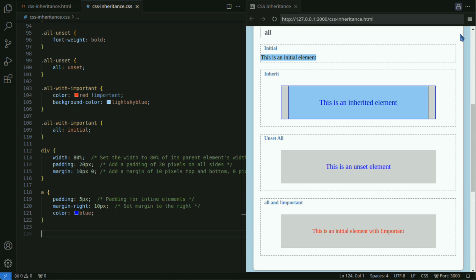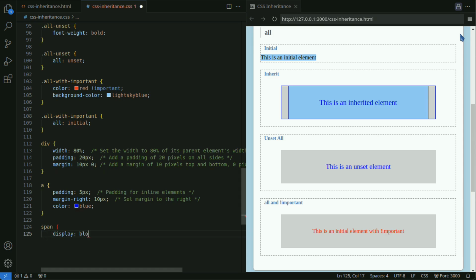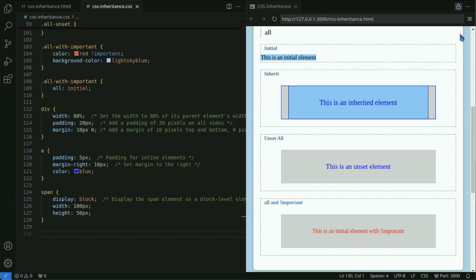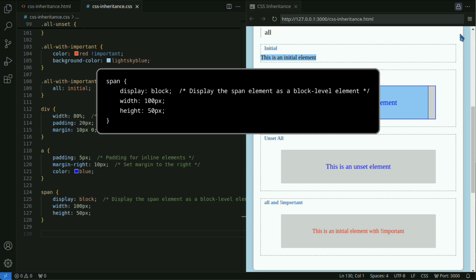On the other hand, for inline elements, setting layout-related CSS properties such as width, height, margin, or padding may not be applied or may be applied in a limited manner. However, by setting the display property to block or inline block, you can adjust the styles such as width and height for inline elements as if they were block elements.